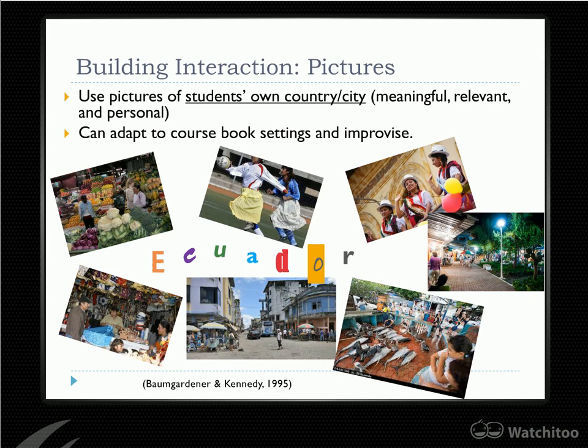The next one we're going to look at is, again, building on pictures. A lot of the books, as I said before, are made by international publishers, and very often they're for an international audience. They're not specifically for students in Venezuela or Paraguay or Ecuador or Russia or Japan. So it's very good for teachers to really think about, well, what's the context presented in the lesson, and what would be related